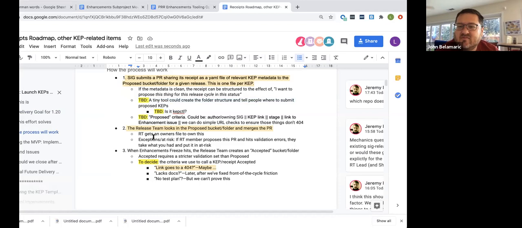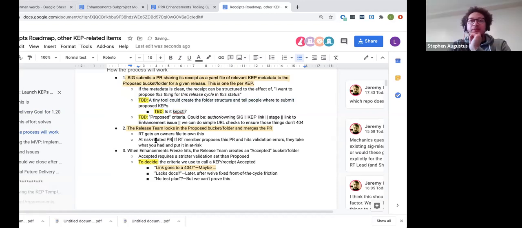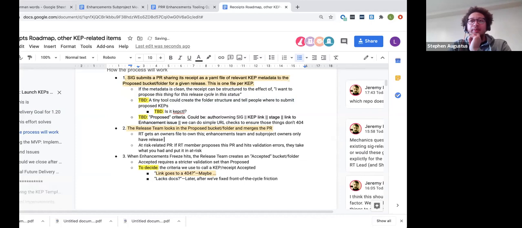And is it just the enhancements team at that point who has the owner's permissions on that? Only the enhancements team and the sub-project owners will have ownership over the release directories. And the enhancements team will only be delegated the release directory for their release.